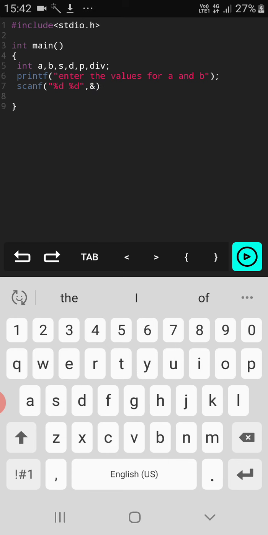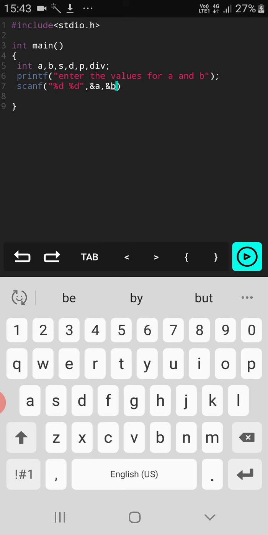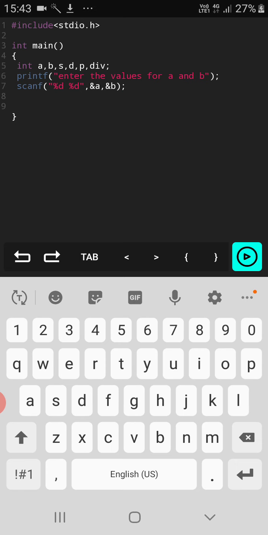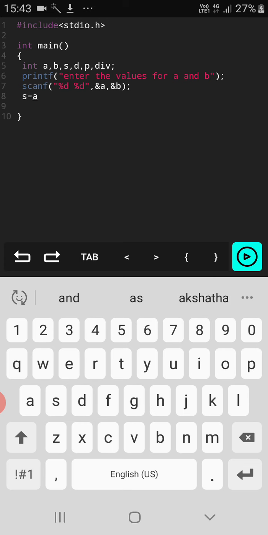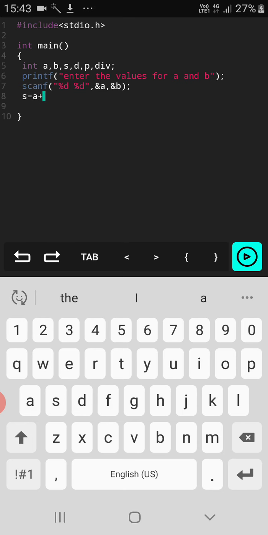Ampersand operator is also called the address of operator that is used to store the value of these particular variables in the memory, and every statement ends with a semicolon, and in the next line I'm going to perform the various operations such as addition. So I'm going to define S is equal to A plus B.